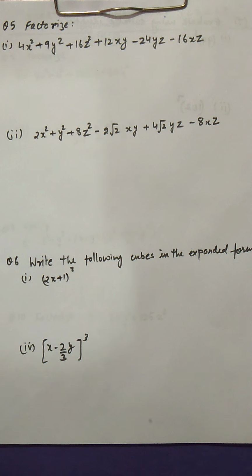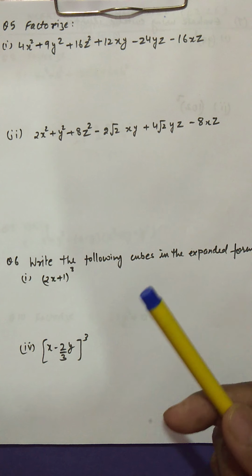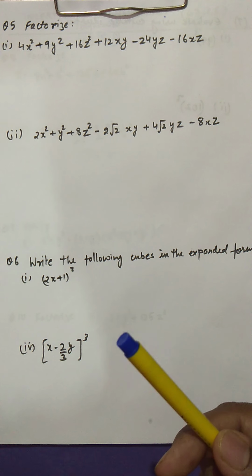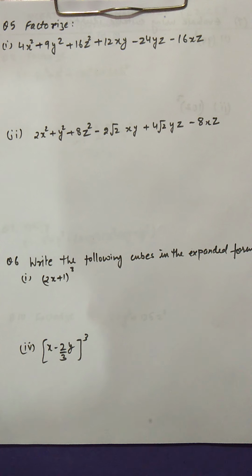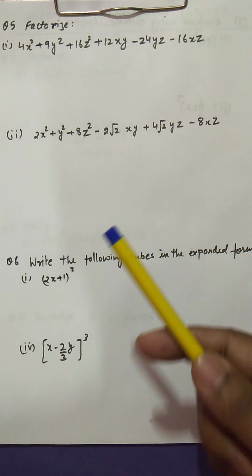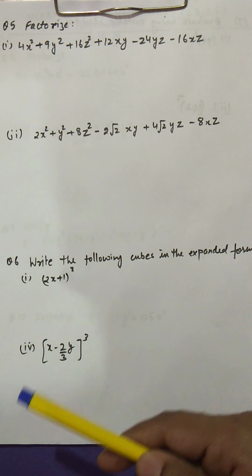Now you see this question number 5. In the previous question number 4, the polynomial was given in the whole square term and then you expanded that. Now this one is the expanded one and you have to factorize it. So see, all the identities are used in two ways. First you expand, and second you factorize. So this time we have to factorize. In question number 4 we had to expand.